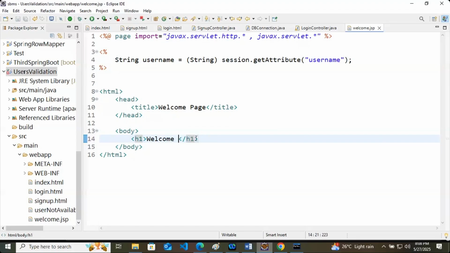At first, we have written the JSP tag and you can write here equals to username. This one. Like this. Now we'll start the application.